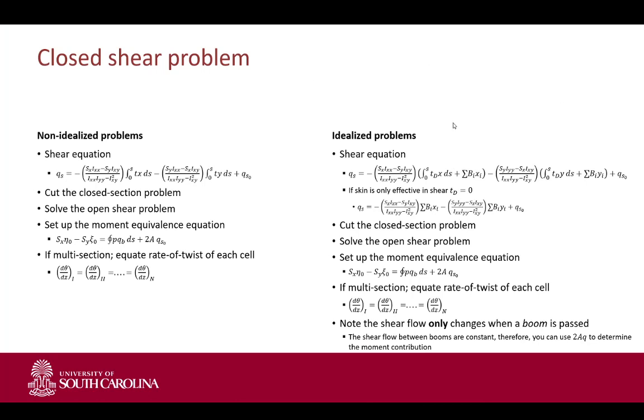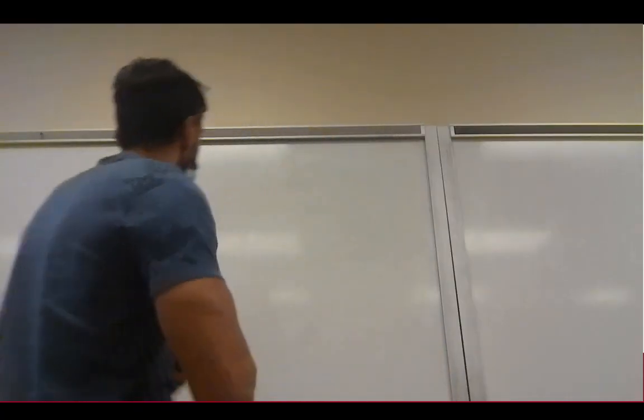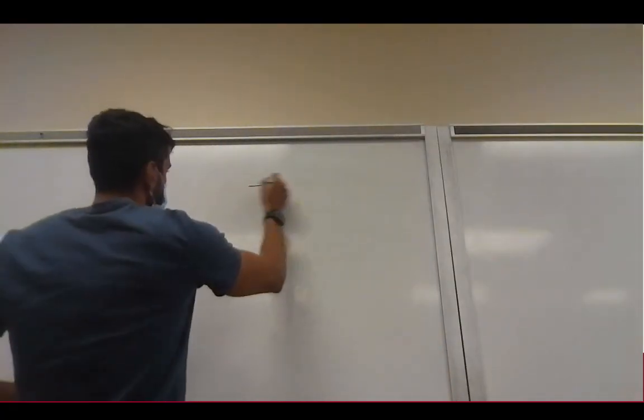Okay, and of course, in the idealized section, if we assume that the skin is only effective in shear, then tD disappears, and our equation becomes a bit easier. For an idealized section, we only assume that the shear flow changes when we pass a boom. So as long as we don't pass a boom, between two booms the shear flow is constant. So again, if we go back to what we had previously, say we take the C section again,